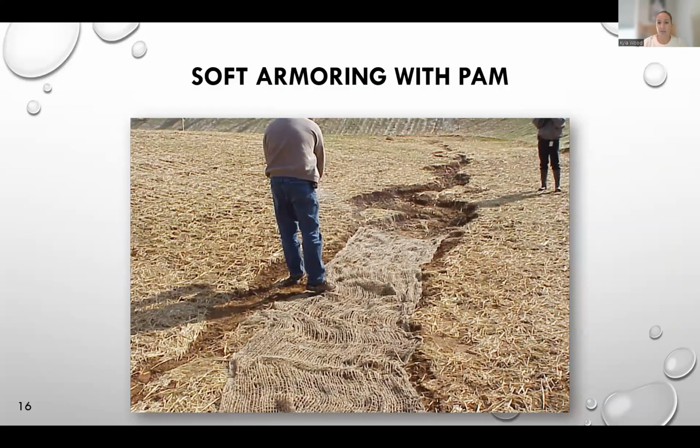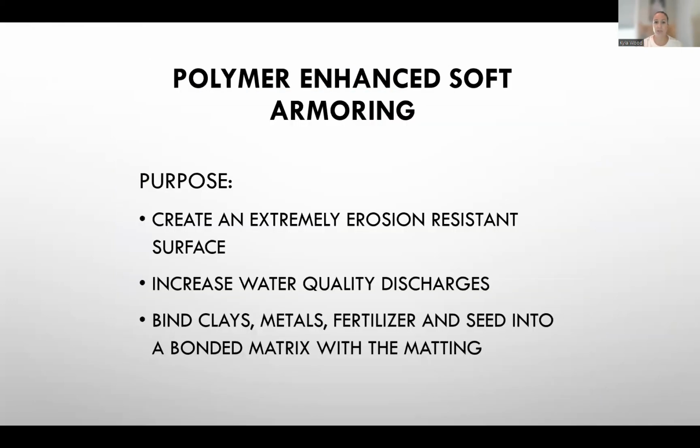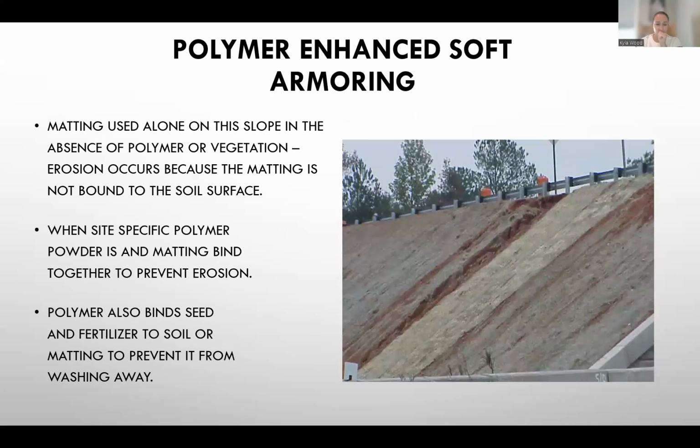So we're actually improving growth characteristics when we're using PAM in these applications. One of the applications that we use in many different projects, it's not just erosion control, but what we'll talk about here quite a bit moving forward is something that we like to call soft armoring. So with soft armoring, the purpose is to create an erosion resistant surface, improve the water quality of discharges, and bind these clays and metals all together into a matrix. What soft armoring is, if you remember from the first presentation, is the addition of the granular polymer with the